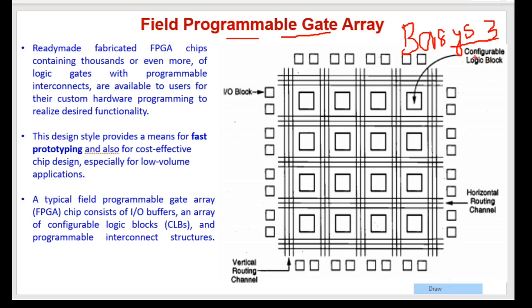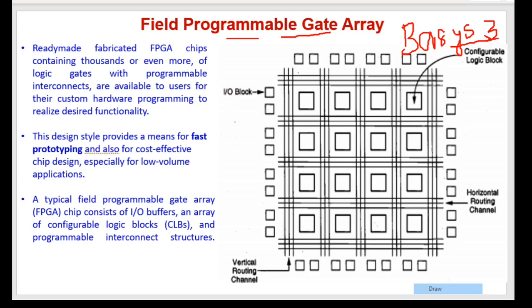Whatever circuit you have designed in the Vivado tool, you can just dump that circuit on the Basys 3 board, and you can check the functionality by using the switches and LEDs present on the Basys 3 board. So this is the whole process of designing a circuit or realizing a hardware using the FPGA flow, in very short, right? Now, keeping these things in mind, let us see what the FPGA design style tells about.